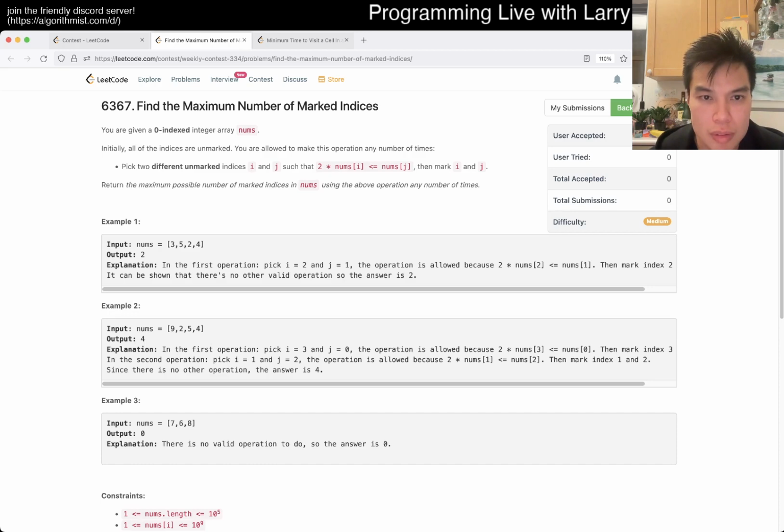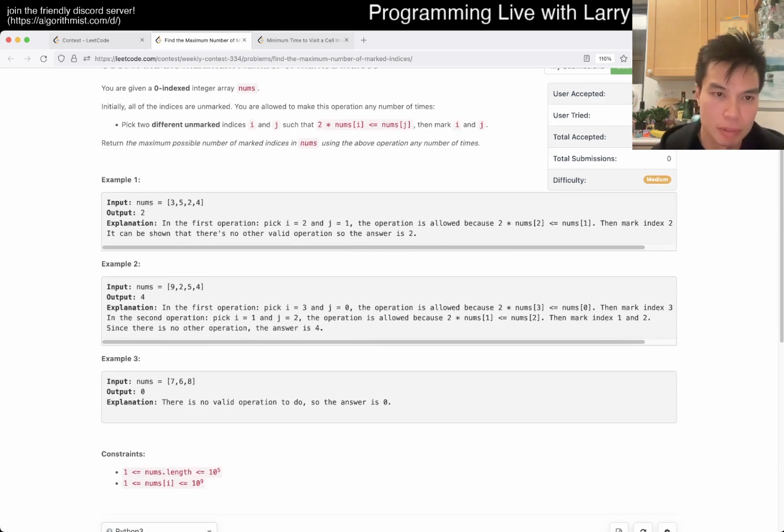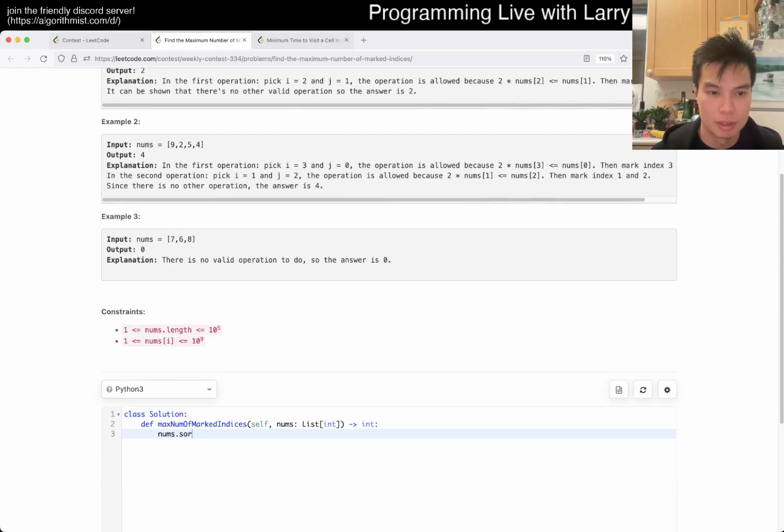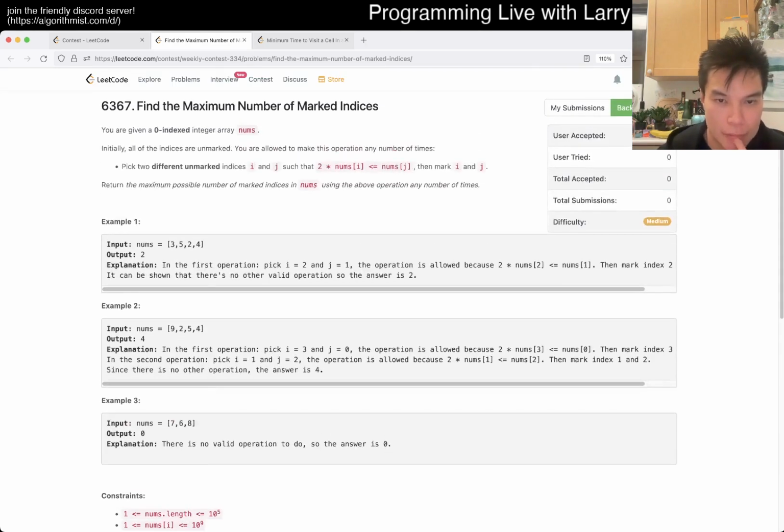It's like maximum bipartite assumption, something like that, kind of. But